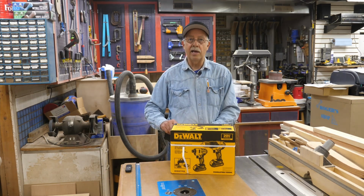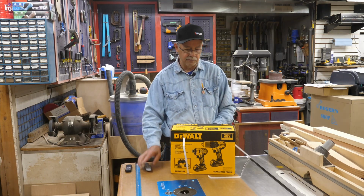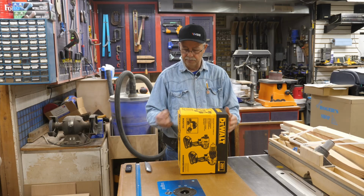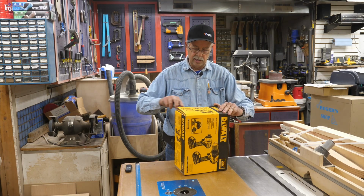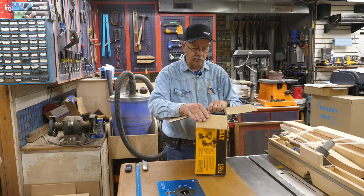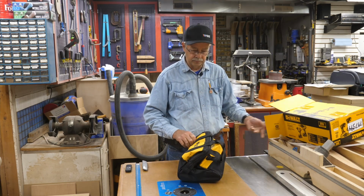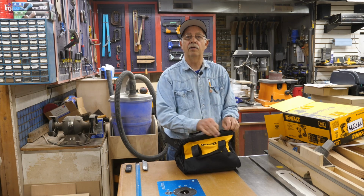So I was actually in Lowe's. It's not someplace I normally shop for materials, but I needed something specific from there. And when I walked down the aisle to where the hardware and such was, they had all these on display for $159, and normally like $199 or $219 or something like that. And I thought, well, I've got drills here, I've got drills at the renovation house, but nothing's always where I need it. So I have a bag in a box, and within this bag there better be a drill and a driver, impact driver, and